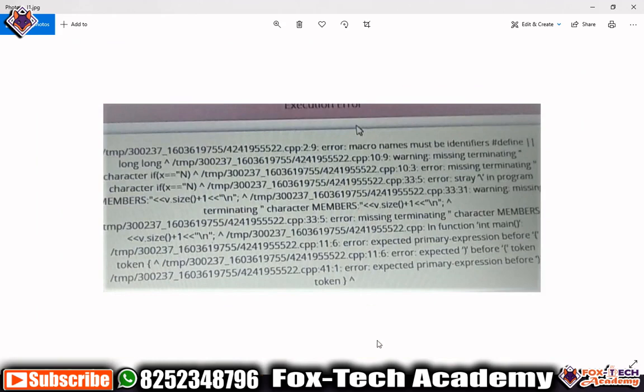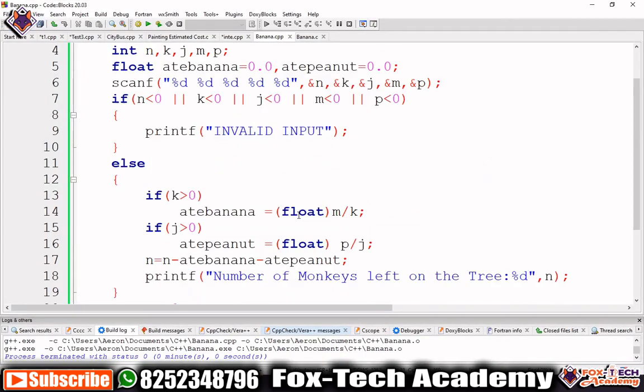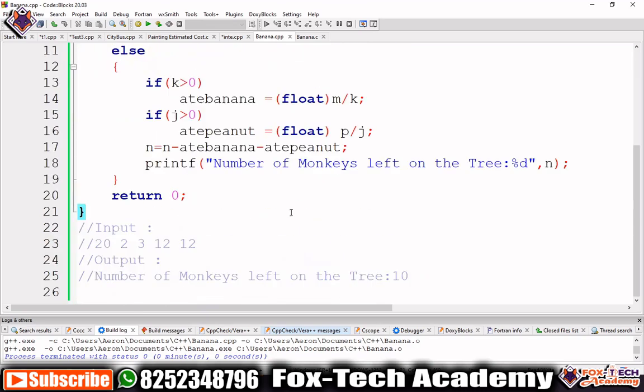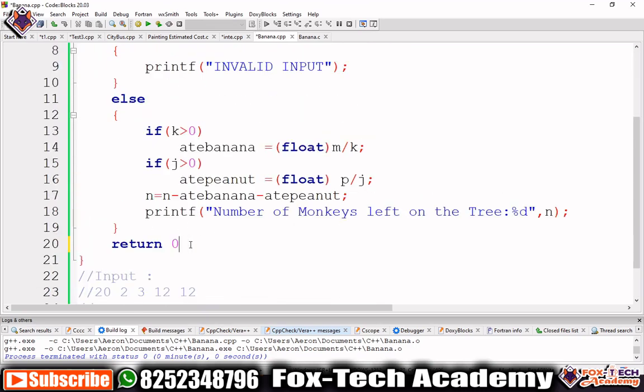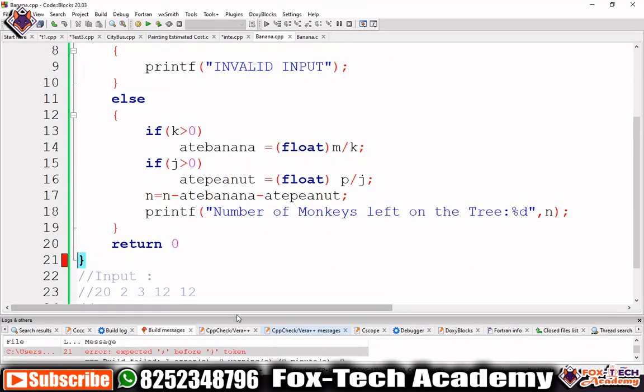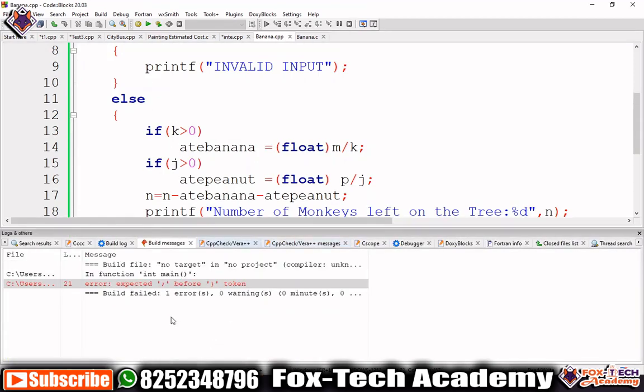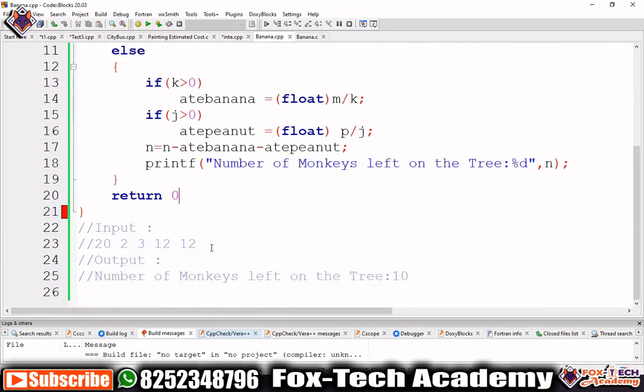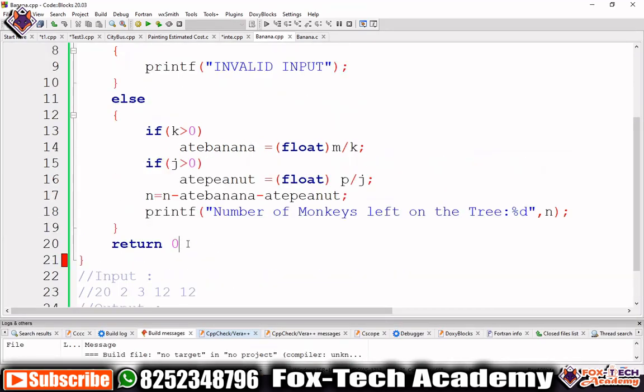So let's run some programs on our editor, and we will check real-time errors. Suppose you can see that this is our program. If we forget to write a semicolon and we run this program, we will get an error related to that. If you see this error, it clearly mentions that it expected a semicolon before the right curly brace. You can see line number 21; it says that near 21 you have made a mistake. When we go near 21, you can see that here we forgot to write the semicolon.